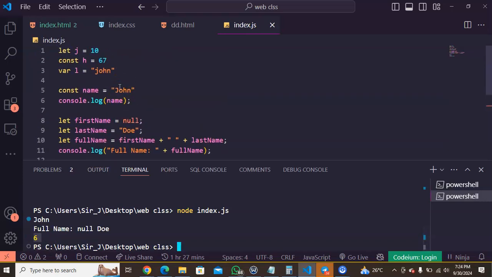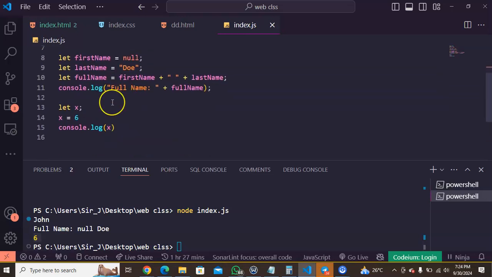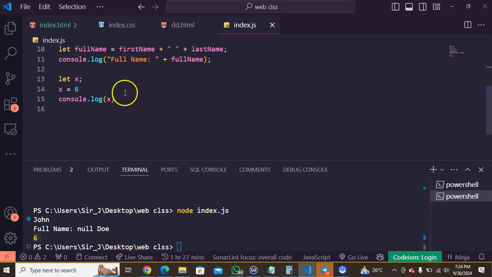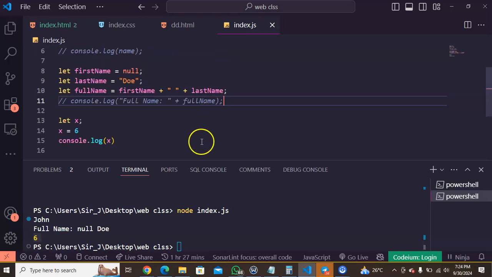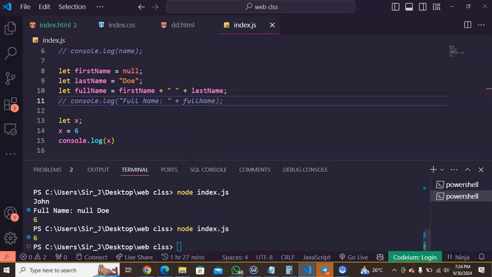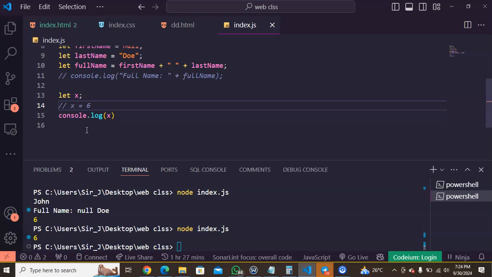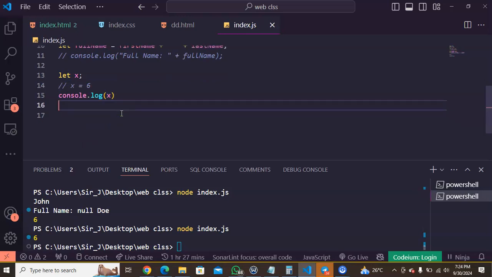Now, let's comment this out for a bit. We'll come back to it. So now we are getting 6. We are having 6 because we have this variable. Now I want to comment out the x equal to 6 that we are doing, and then when I run it like this,